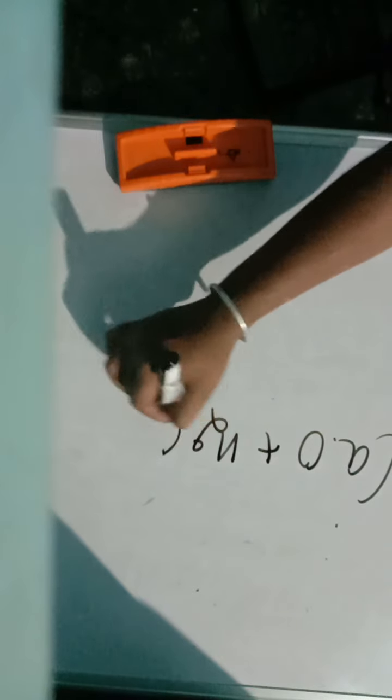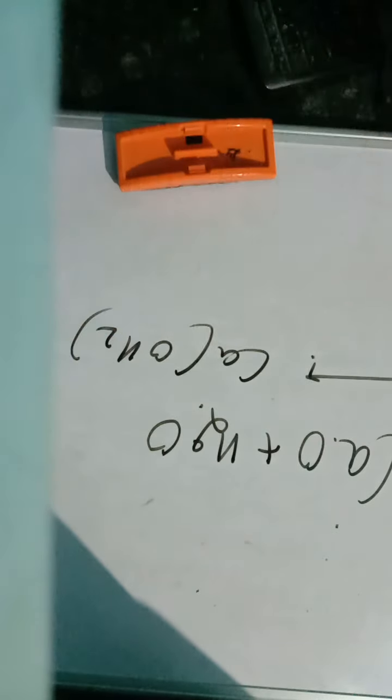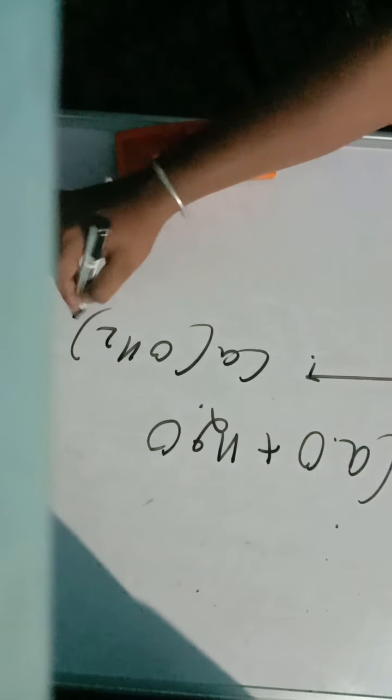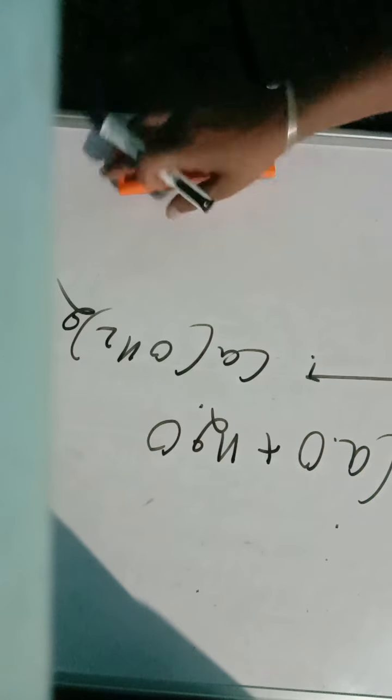We also have one more combination reaction, that is calcium oxide plus water, which again forms calcium hydroxide, right? So this way we are getting all the chemical combination reactions. Okay, so let's move to the decomposition reactions.